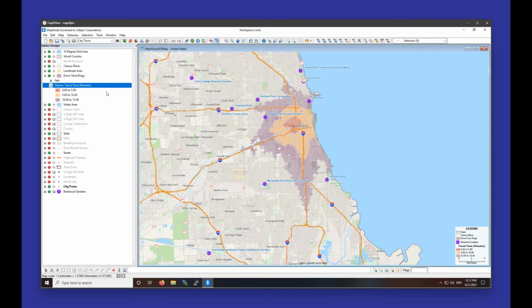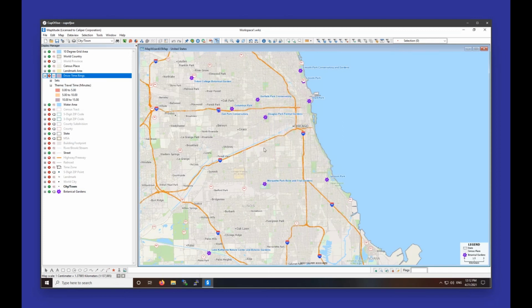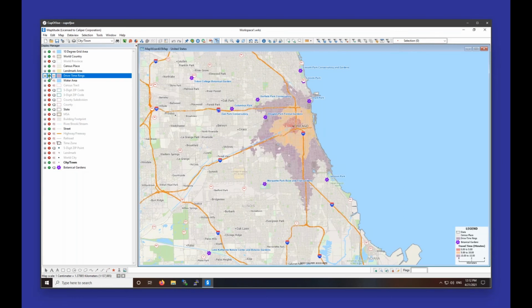My territories are built out of zip codes. So I'm going to choose 5-digit zip code as the geography layer and zip as the geography field. My territory table settings, these are the fields in my data that contain the corresponding values for territories. So the territory field is the field that contains the territory names. That is territory. Geography field is the field in my Excel sheet that contains the zip codes, and that is